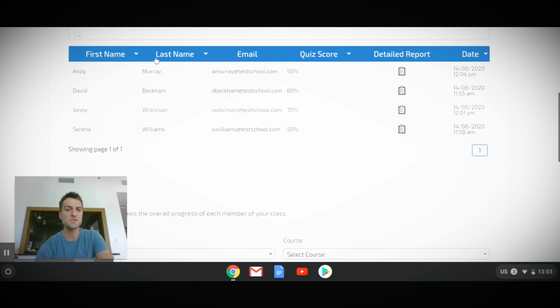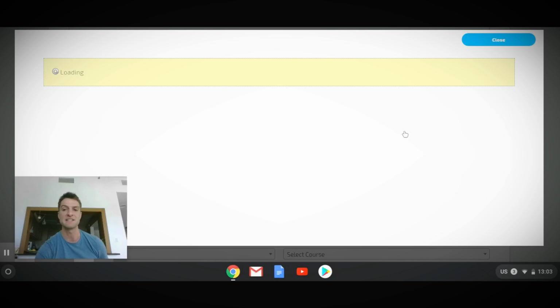So straight away, I can see their names and I can see how well they've done in the quiz in terms of percentage. I can see when they submitted it, so whether they submitted it on time, if it was a homework task. And then, quite importantly, I can also see a detailed report. So if I pick out a student and say, they only got 50%. I want to look at where they went wrong. I click on the detailed report,